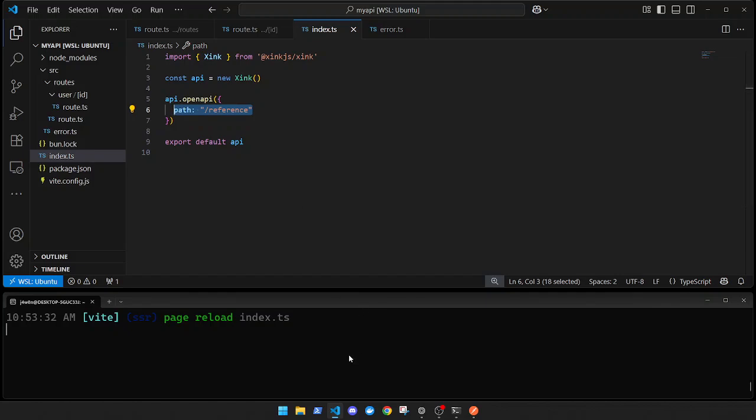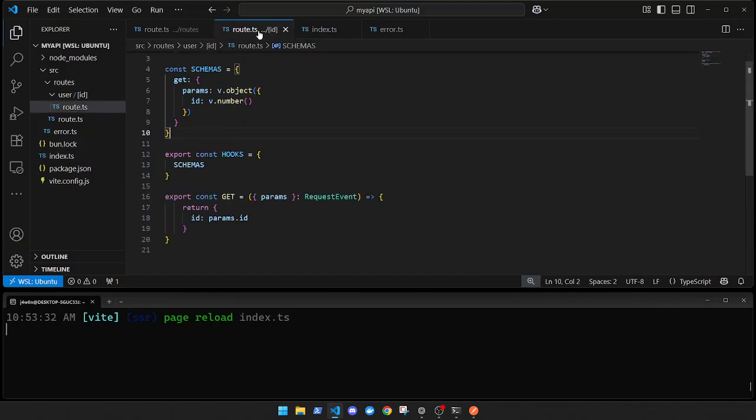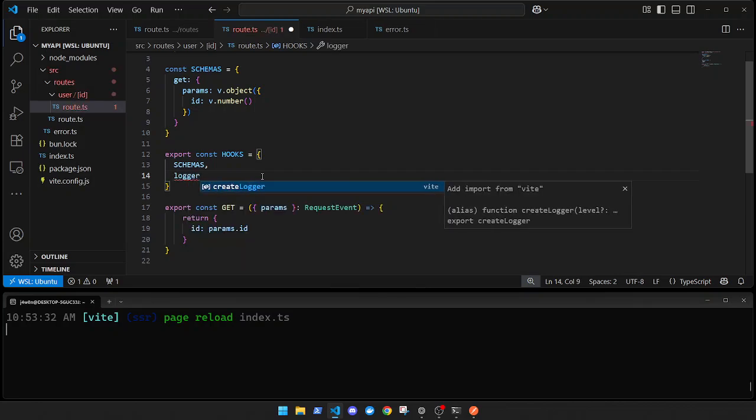And then the last thing we'll demonstrate that we talked about for a second is hooks. So hooks are executed for every handler you have, any valid handler in a route file. And this is just for this route. So if we did something simple like just a generic logger,